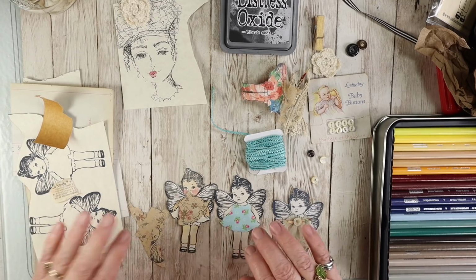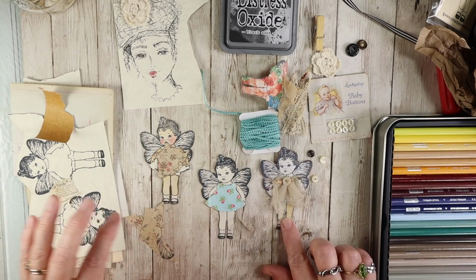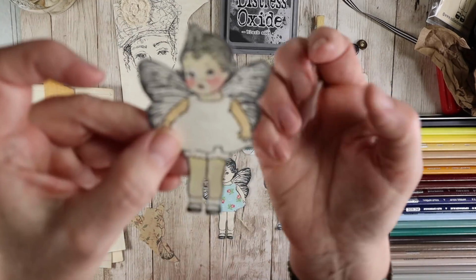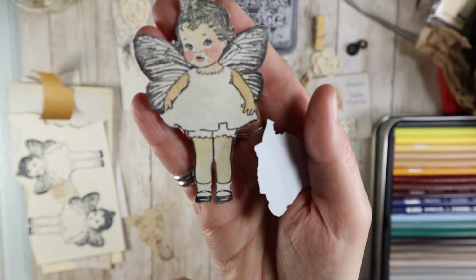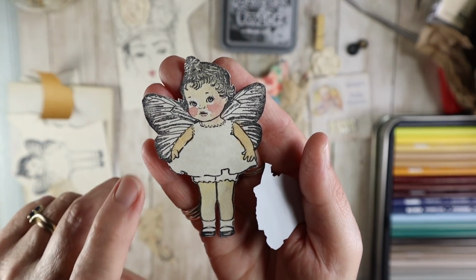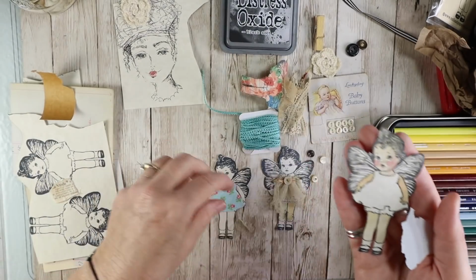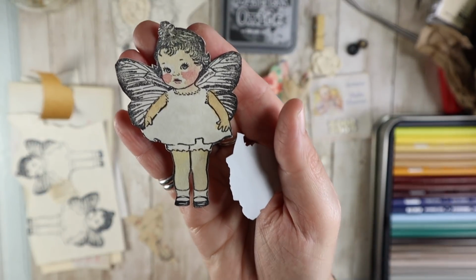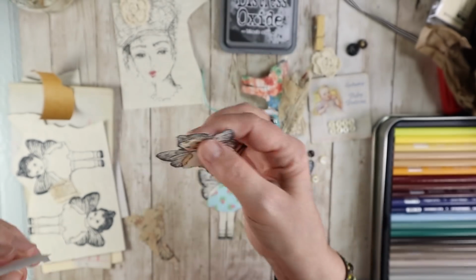So I cut out a couple of the dolls, and what I did was I stamped the image, the doll, cut her out, and I did a little bit of watercolor. This was done with StazOn ink. You have to do it with a permanent ink, otherwise the water will run, which isn't a bad thing. You just have to be careful if you don't have StazOn ink. So I watercolored her, and then I stamped it again on some pattern paper,